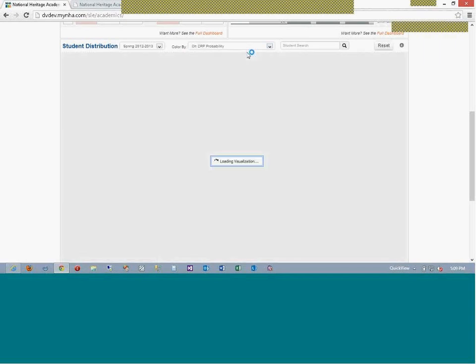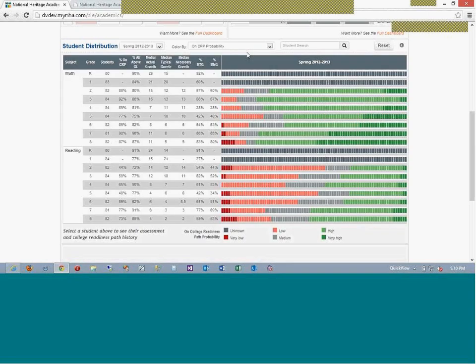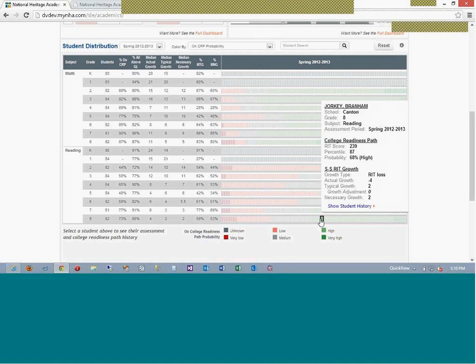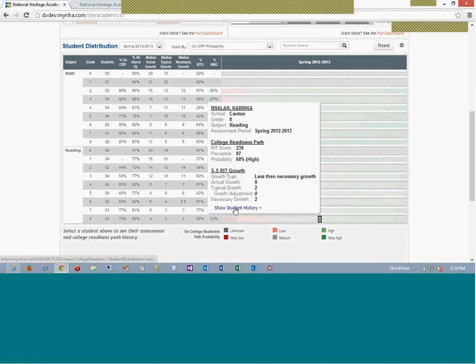measure. And now if I change that back to the status measure, we can also do some drill down on this. So it shows us, when it comes back up, the continuous spectrum, but then there's a block for each student. And so we can hover over these students and see their details. If we click on it and select, and then we've got a tooltip that will show some of that information, but we also are going to show